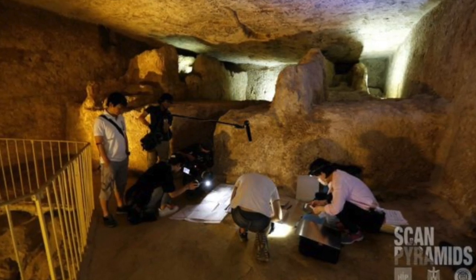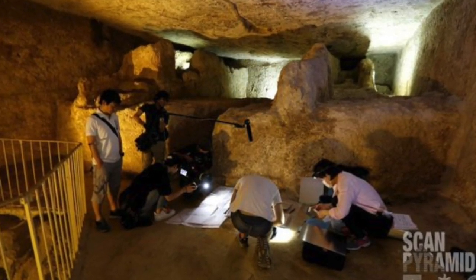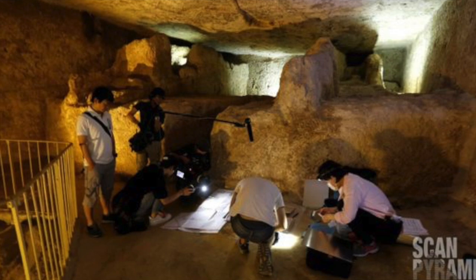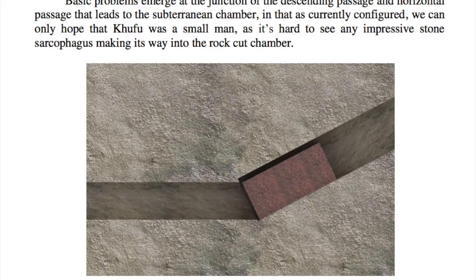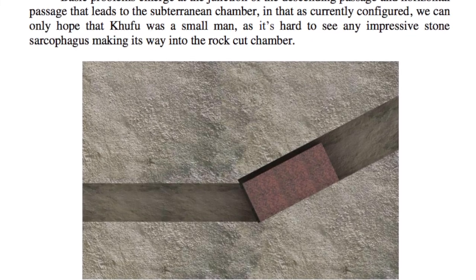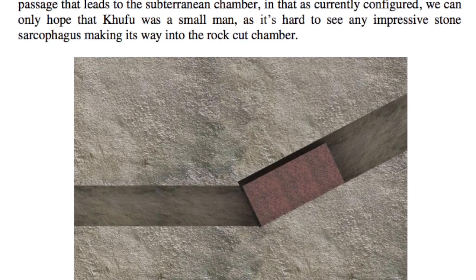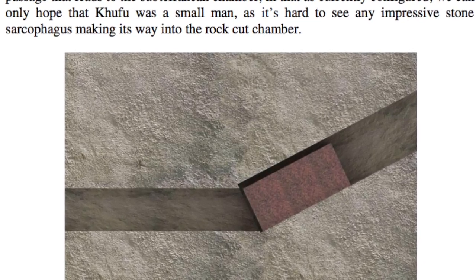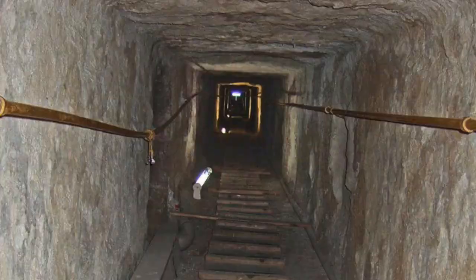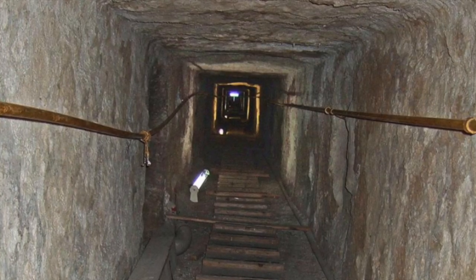Personally, I believe in the theory that the subterranean chamber came either before or after the Great Pyramid. Most likely before is my gut feeling, but I have no immediate evidence either way for this. I have the idea in my head that the dimensions of the horizontal tunnel into the chamber, the one that famously would not fit Khufu's sarcophagus through it, was the original dimension of the entire tunnel system into the subterranean chamber, including the original descending passage before it became the Great Pyramid's descending passage.